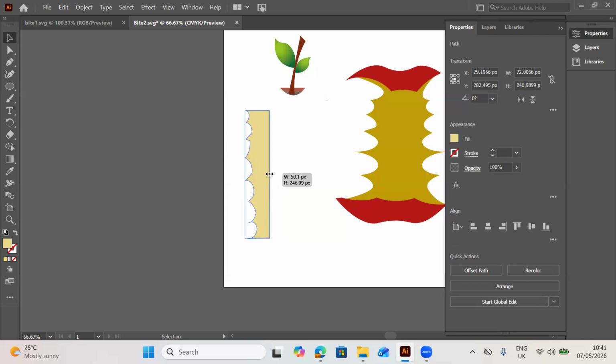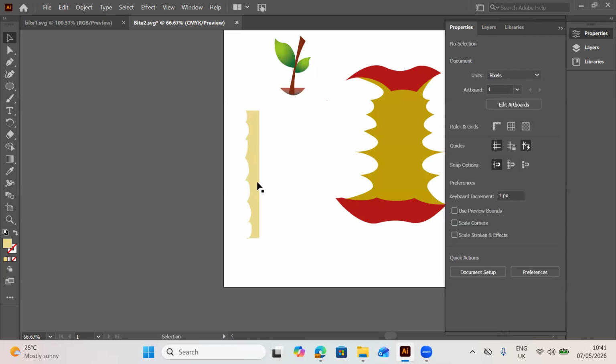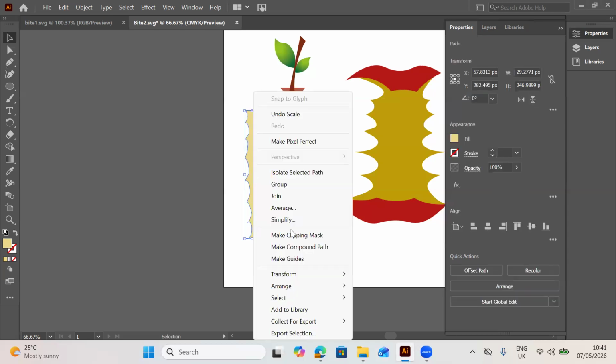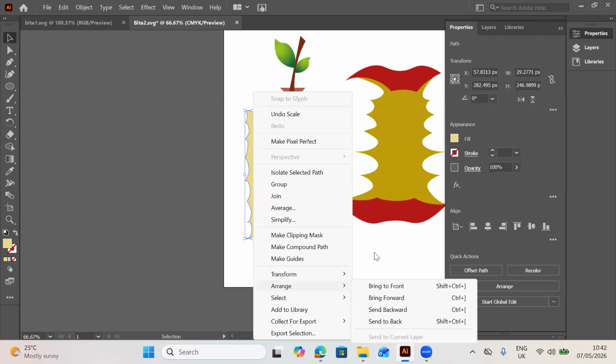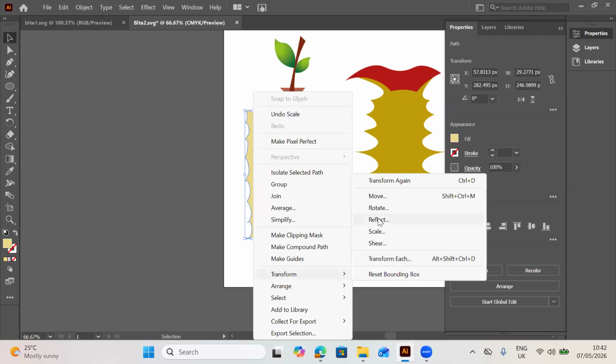And from the shading, we can actually then reduce the size of the shape. Right, when we reduce it, we can reflect again. So we can go to our transform and